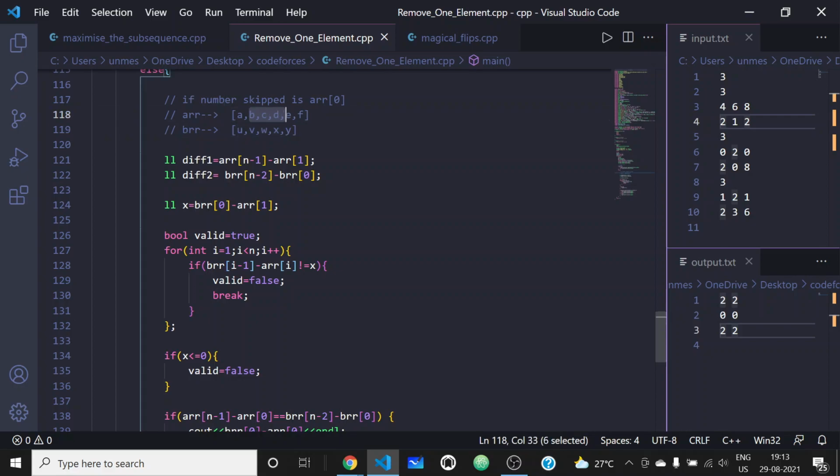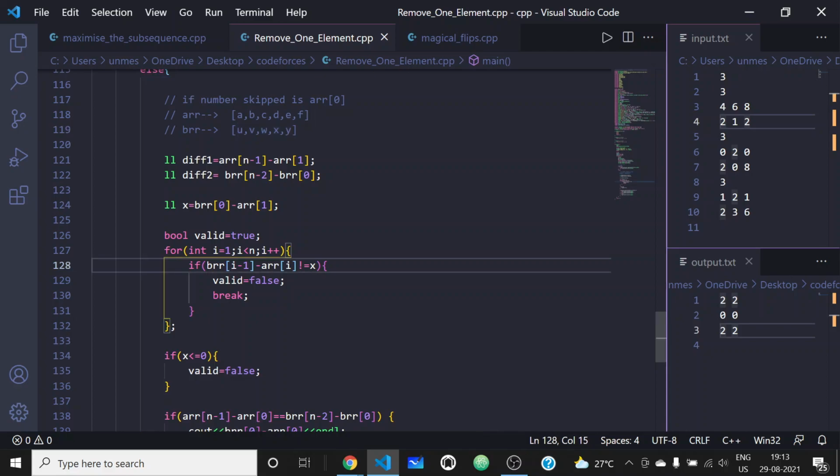And even if all these four elements can be made into this, the x that will be used to make all these elements equal to this will be lower, because all these elements are greater than all these starting elements.